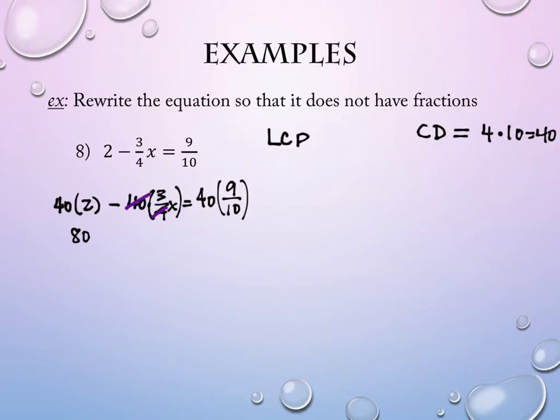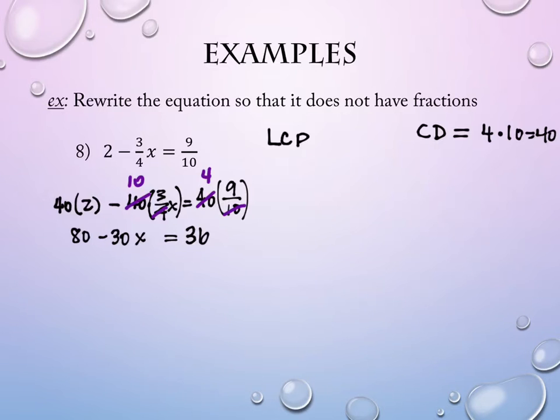What is 40 divided by 4? 10. So now here I have negative 10 times 3x, which is negative 30x. On the right-hand side, again, the reason I like the 40 is because it will reduce with each denominator. 40 divides by 10 perfectly to give me 4. And 9 times 4 is